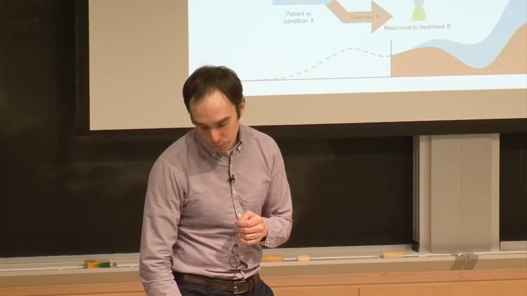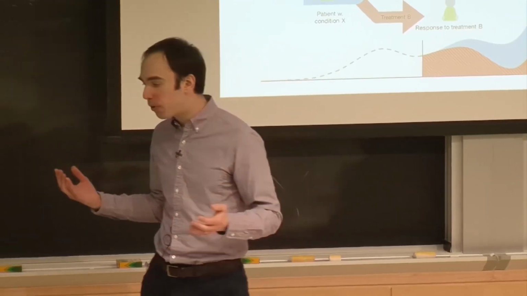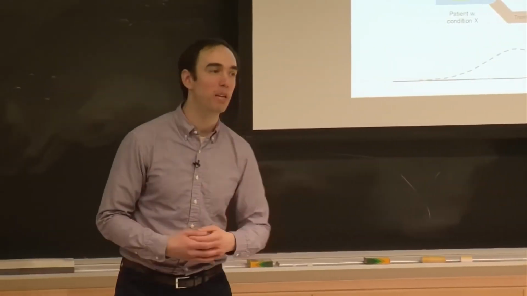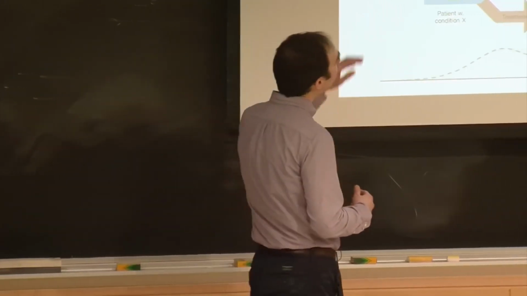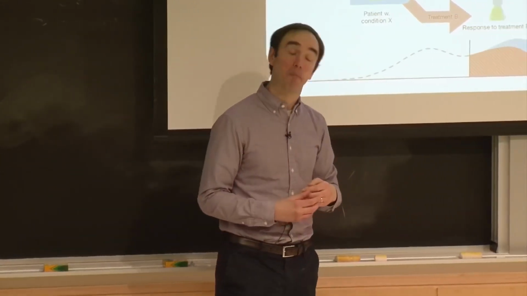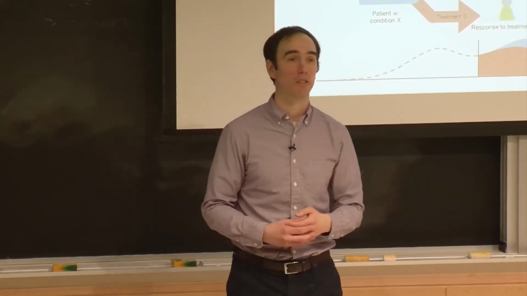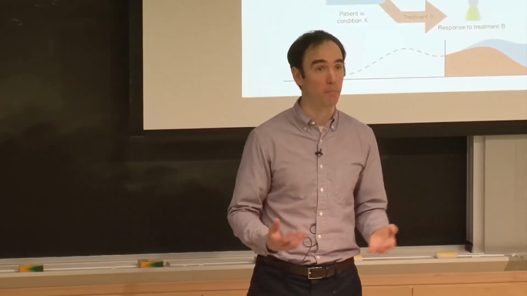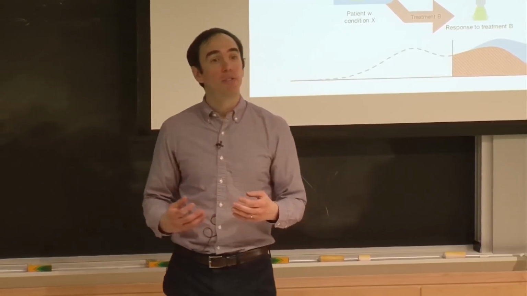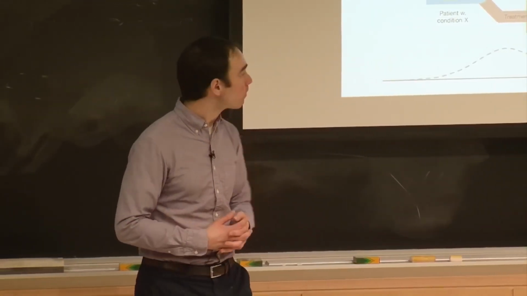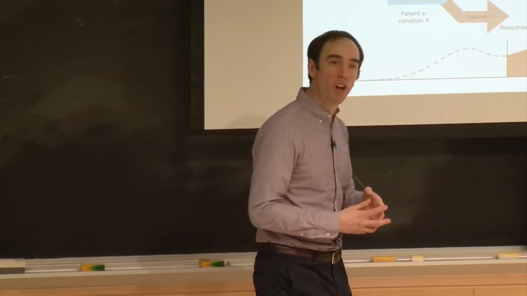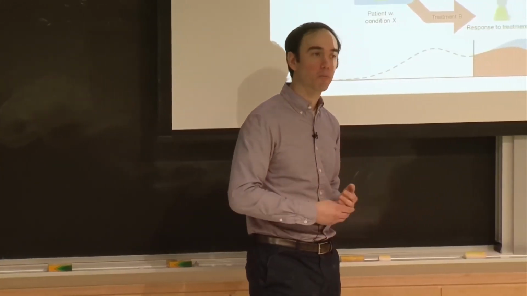So one concrete example of how that type of prediction could be used would be in a type of precision medicine. Returning to the example I mentioned at the beginning of today's lecture, multiple myeloma, which I said my mother died of, there are a large number of existing treatments for multiple myeloma. And we don't really know which treatments work best for whom.